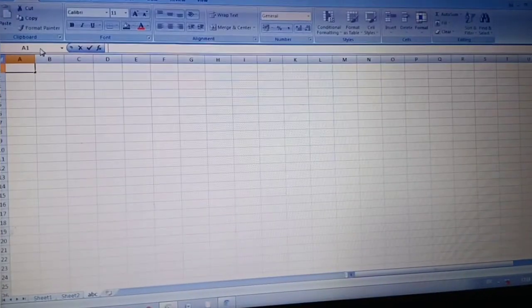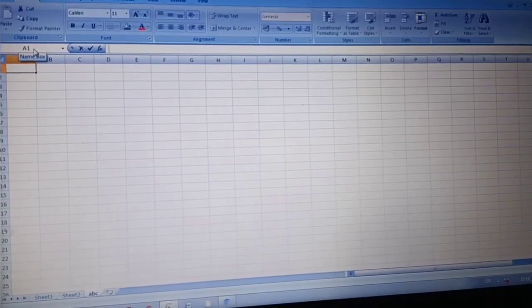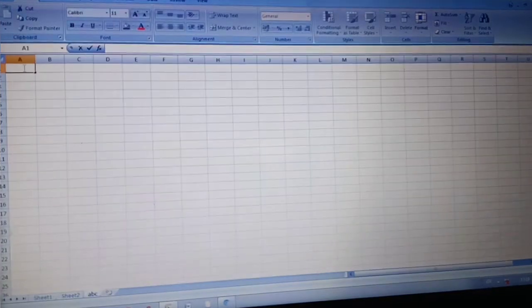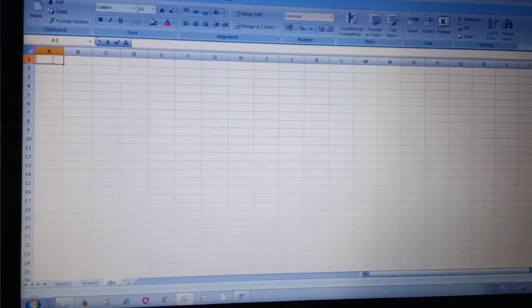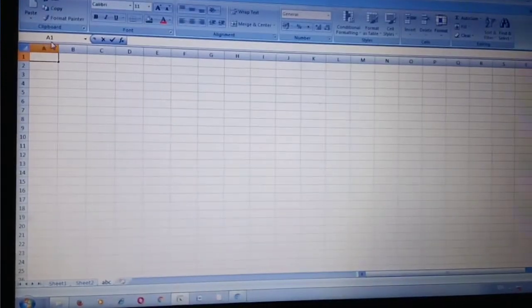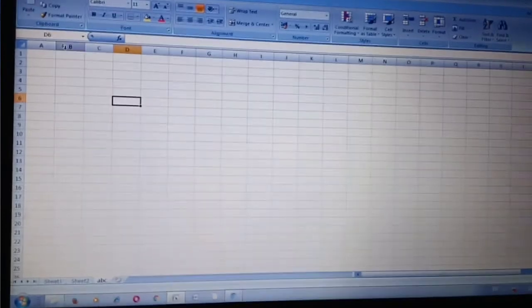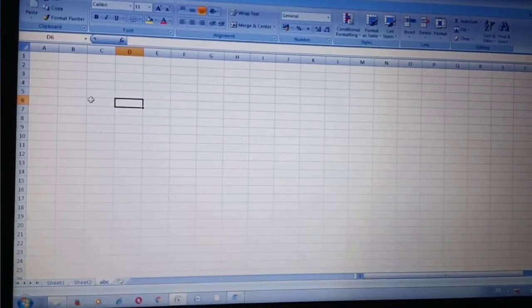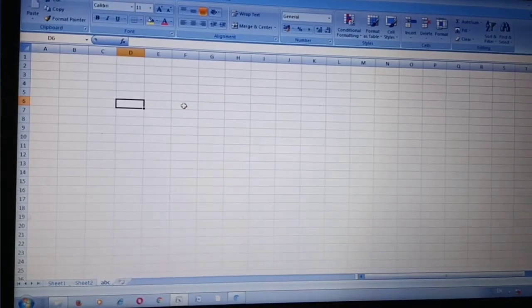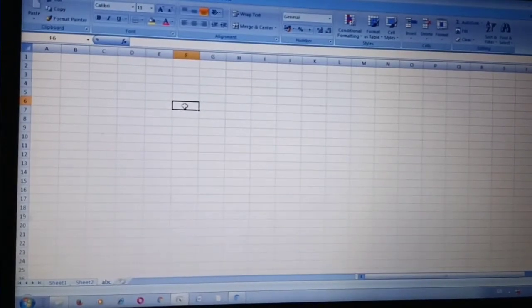And here where it is written A1, it's the cell address bar. See, our cursor is in the first row and first column. Row value is 1 and column value is A. So the address of this cell, the name of the cell, is A1. Suppose we put the cursor here. Okay, column is D and row is 6. So you can see the cell address has changed. Here it is D6. Clear? So it's a particular cell address. See?